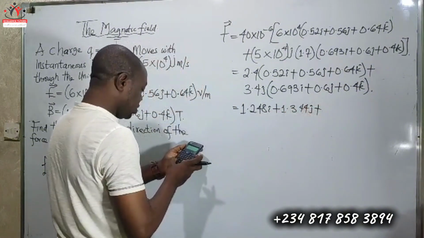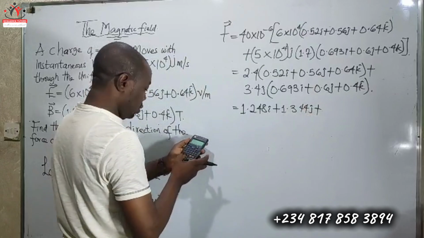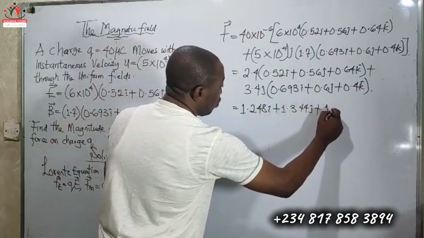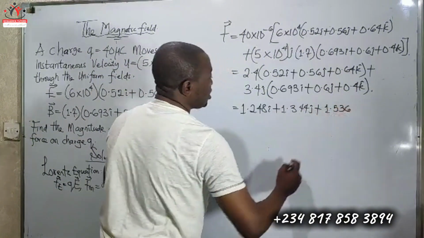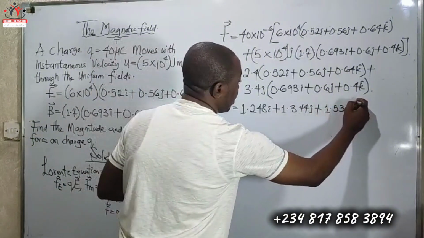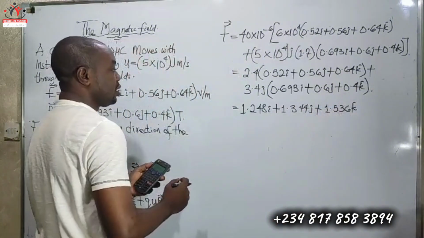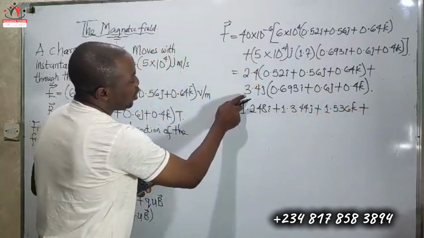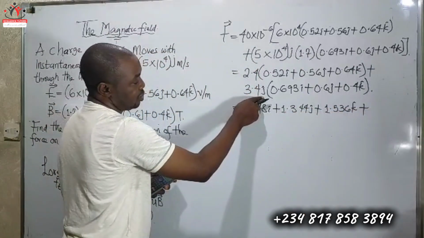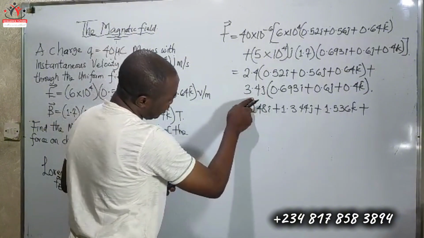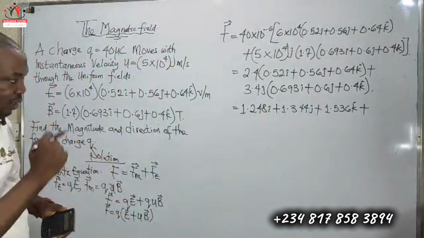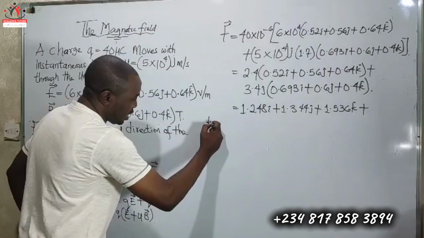Then we also multiply 0.64 by 2.4. Okay, that will be 1.536k. We have 1.536k. Now, plus what we have here is 3.4j. Now when we multiply 3.4j by 0.693i, we need to understand that